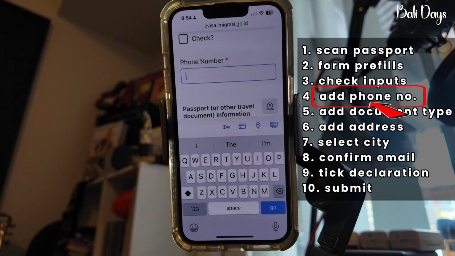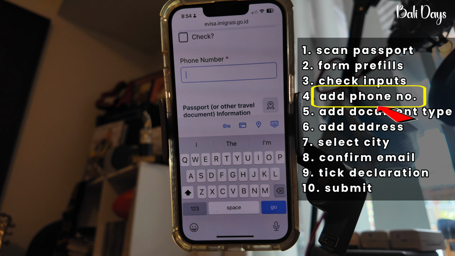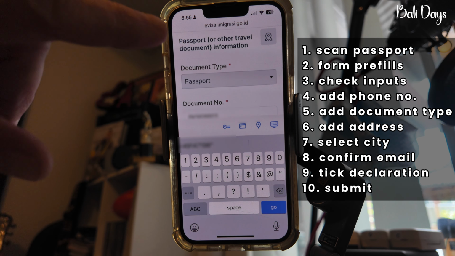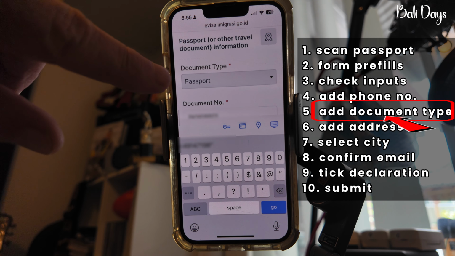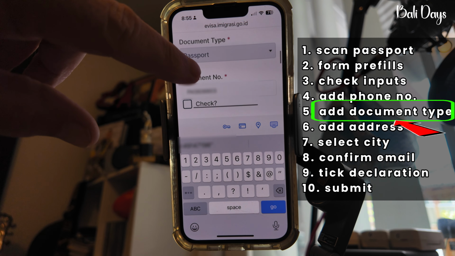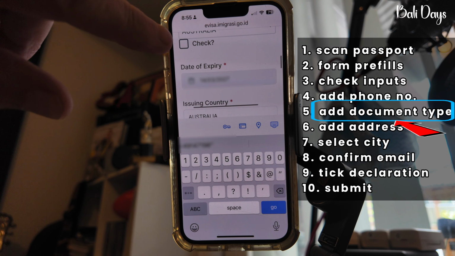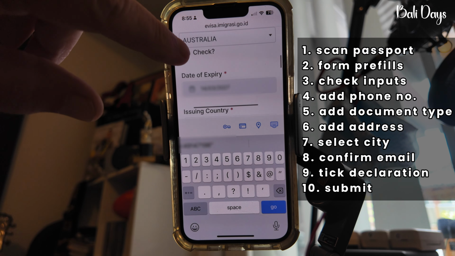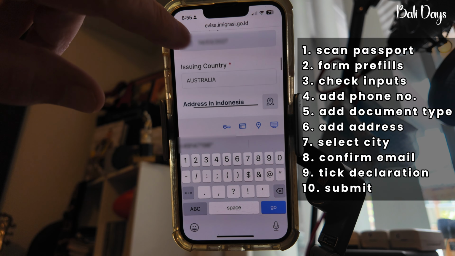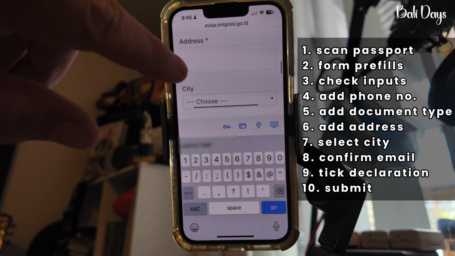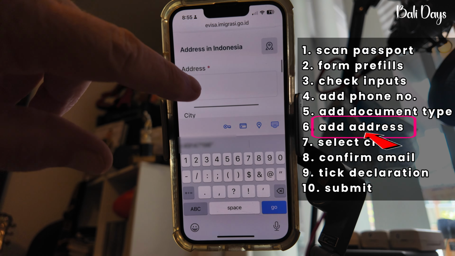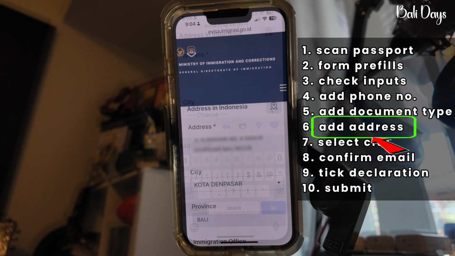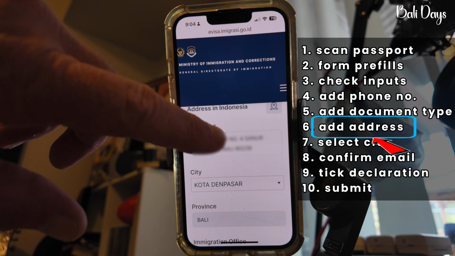Add phone number. And we've put the phone number in, comes down passport type or document type, passport. It already should have your number in. Country, Australia is already in there. Date of expiry of the passport is on there. Issuing country. Address in Indonesia is wherever you'll be staying first. So get the address in,